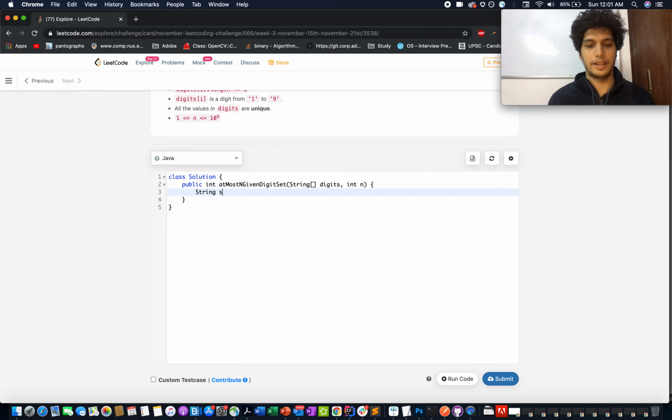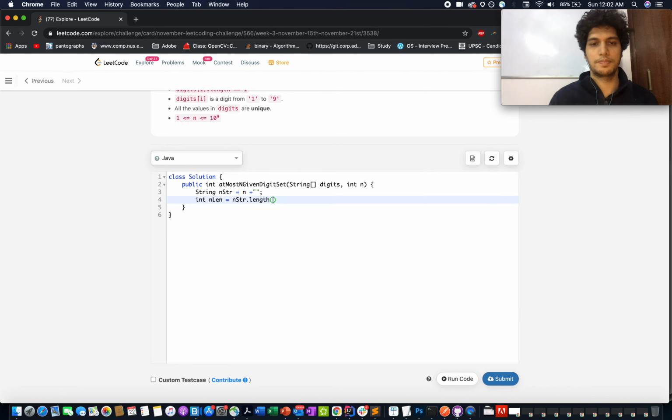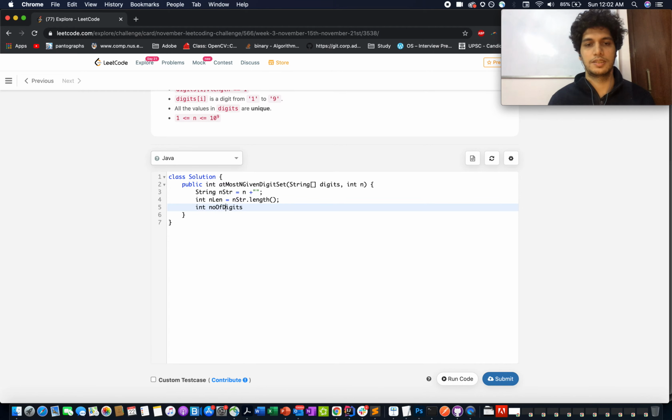String nstr equals n plus empty string, and let me count the length of the string, n length equals nstr.length, and let me count the number of digits, number of digits equals digits.length, and let me define a variable total that will store our answer.